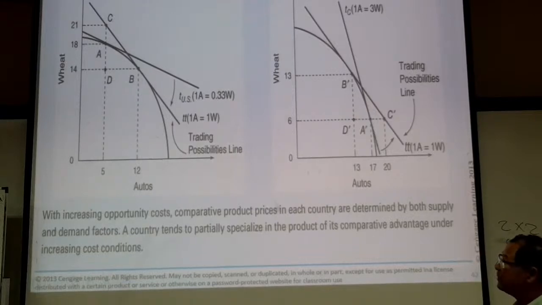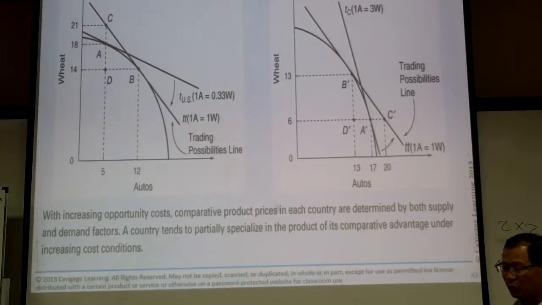Produce only 14 wheat, but consume 21 wheat. So this import of how many? 7. 7 wheat. This is import. So I was going to say about bottom line, I would not draw